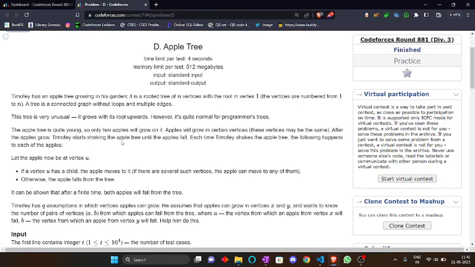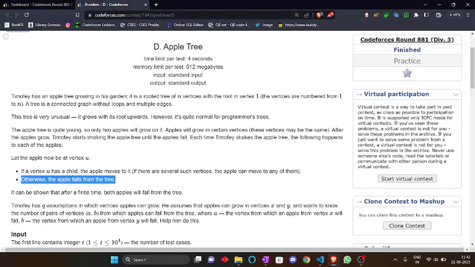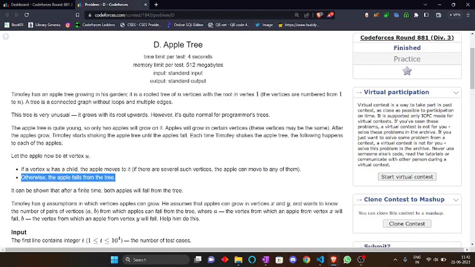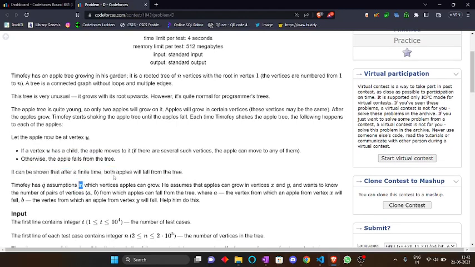Apples will grow in certain vertices. Maybe they are the same. After the apples grow, Timofey starts shaking the tree until the apples fall. Each time Timofey shakes the tree, the following happens to each of the apples. Let the apple now be at vertex U. If the vertex U has a child, the apple moves to the child. If there are multiple children, it can move to any of them, and otherwise the apple falls from the tree. It can be shown that after a finite number of shakes both the apples fall from